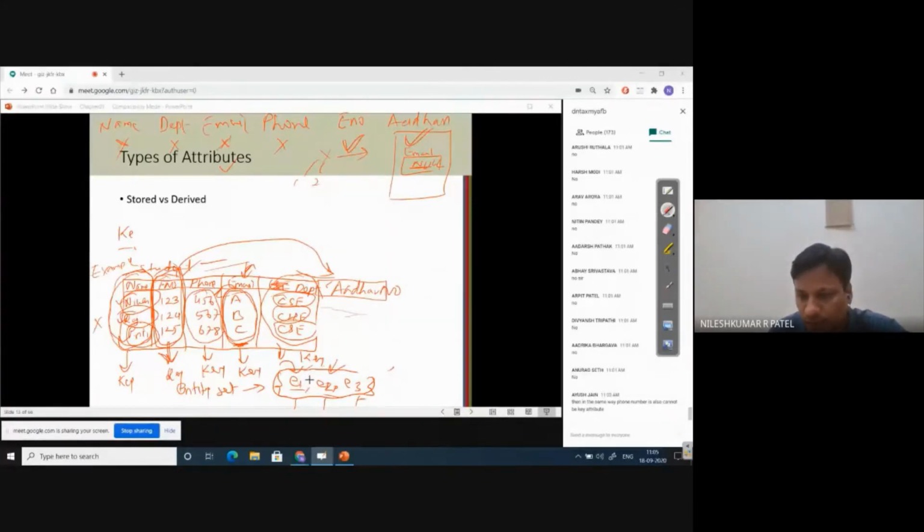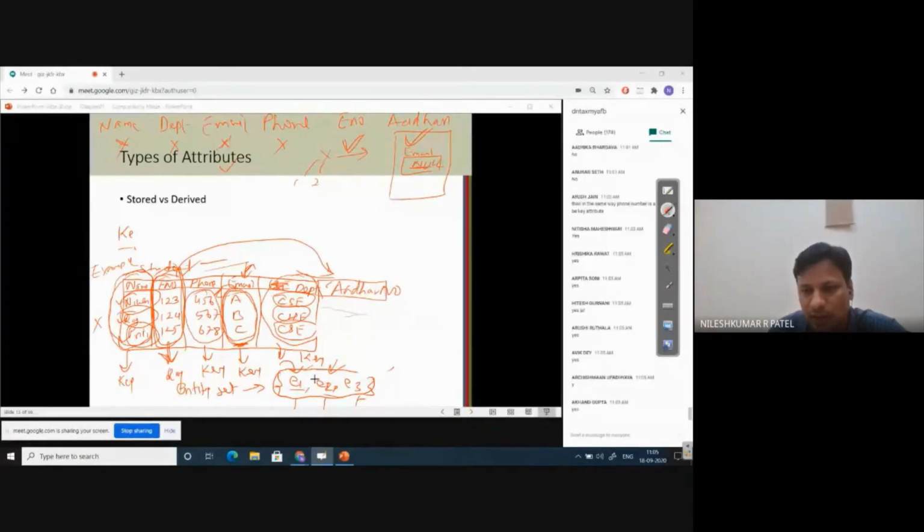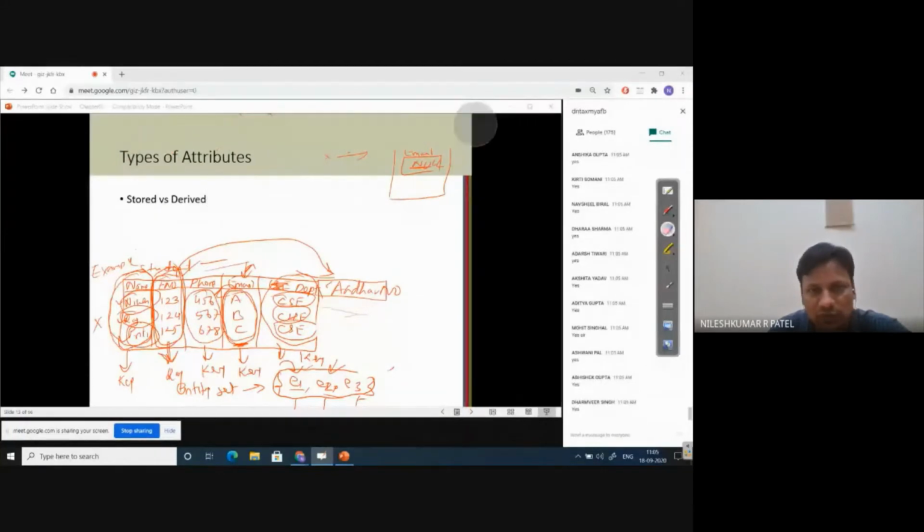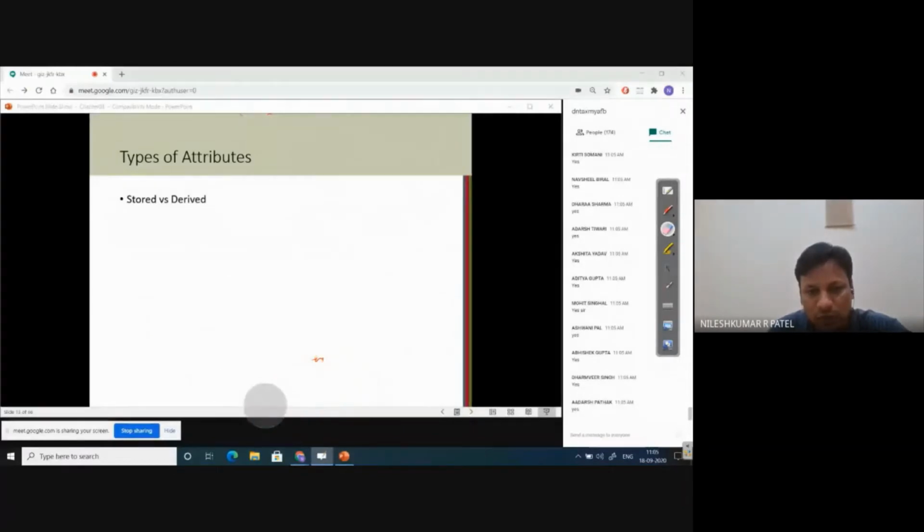So is it clear, all of you? Yes or no? So this is the concept of key, the key attribute I am talking about, right? One more thing. Let me erase all this first and give you one more example. This is all about the key attribute, and this is what we call a simple key attribute. Right now, just try to understand one more example, and you will be more clear by this example.